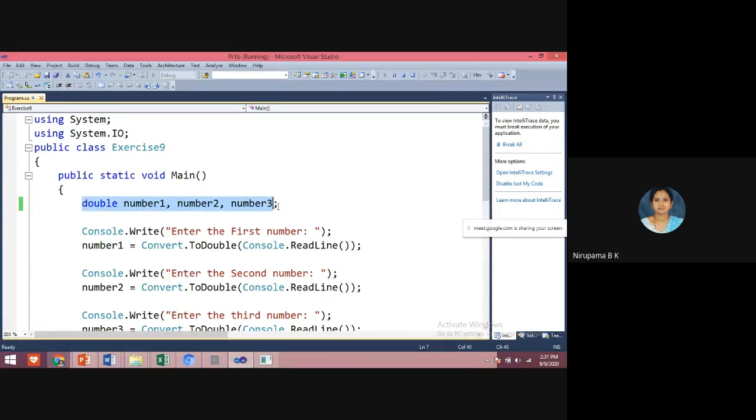Double is the data type used to declare these three variables. You can use either double, character, or integer, based on your program requirement. Whichever data type you want to use in a program, you will use.